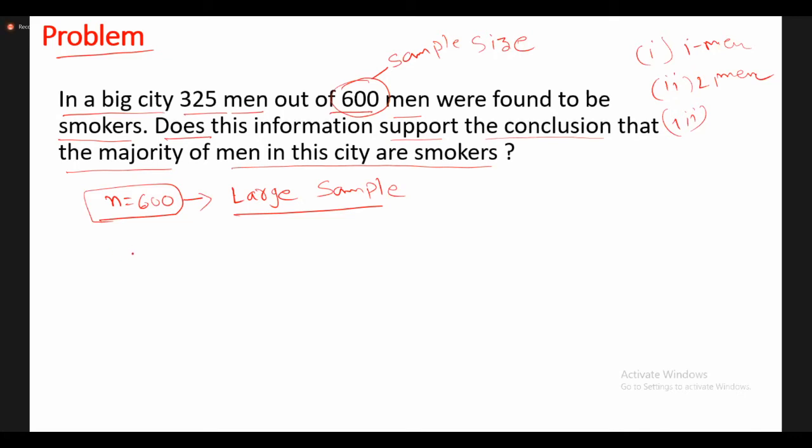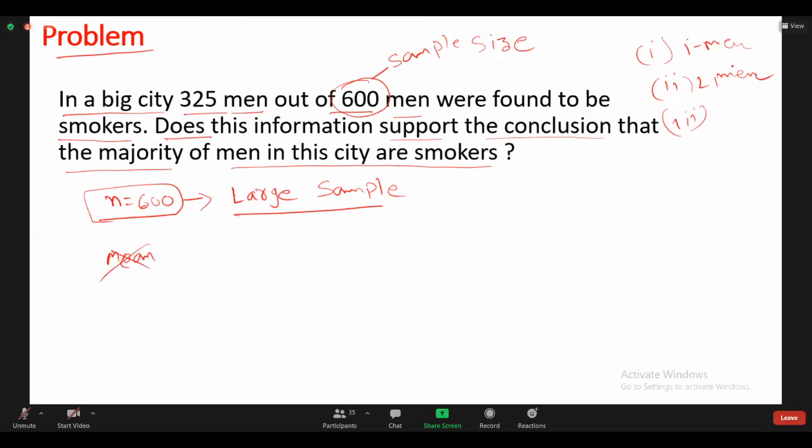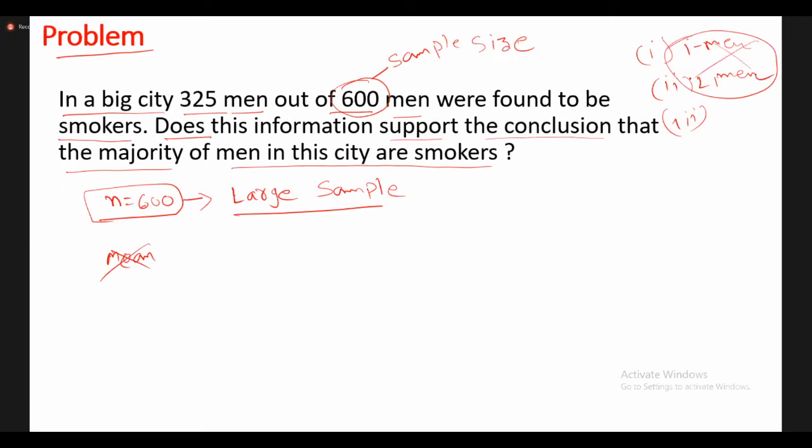Any discussion about the mean? Yeah, all of you observe that question carefully. In the given data, is there any discussion about the mean? Can anyone respond in the chat box? No, there is no discussion about the mean, right? No need to worry about these two things, either single mean or two means. Is that point clear to all of you?